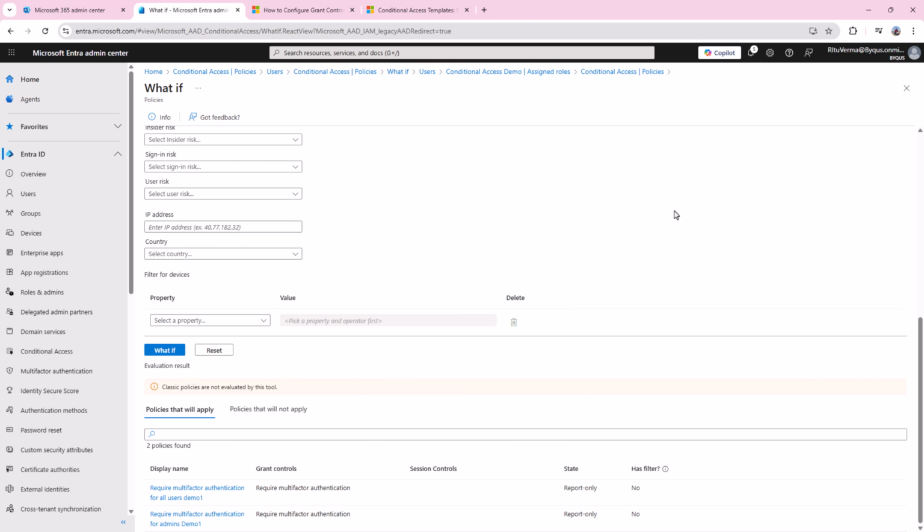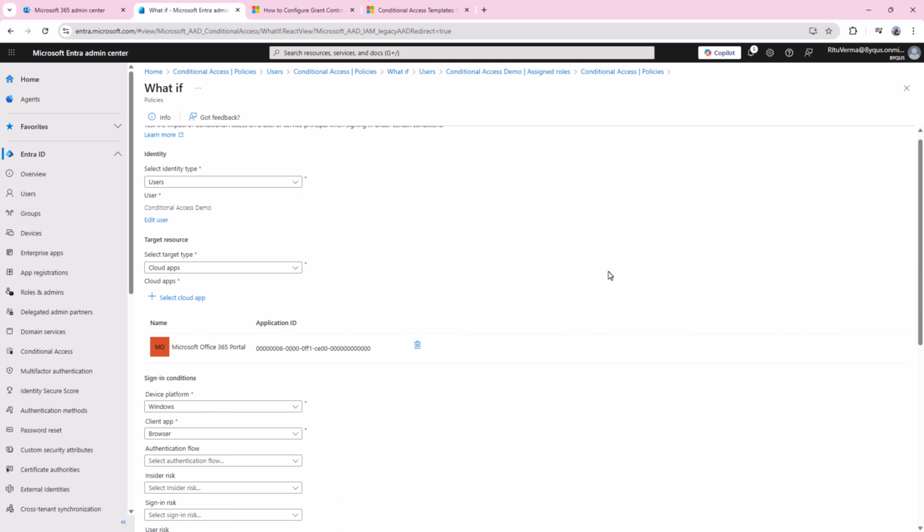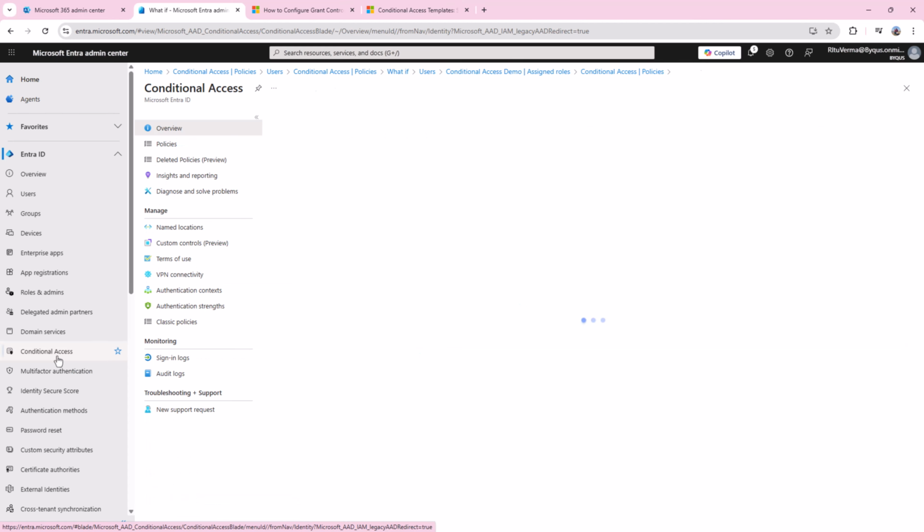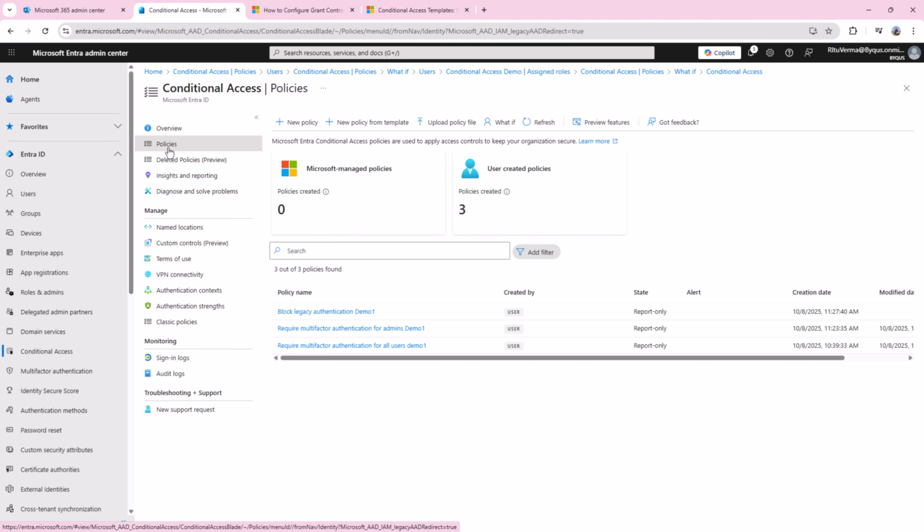Now what you need to do in order to allow this user not to use multi-factor authentication, so you'll go to policies. You never exclude this account.